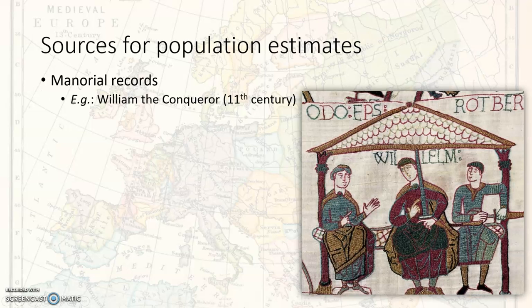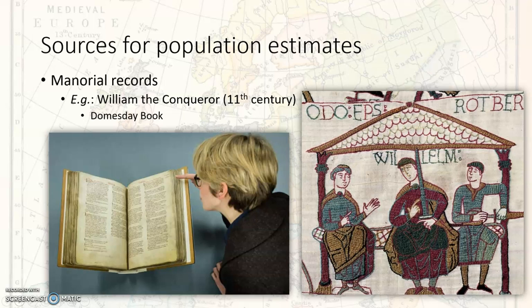The English King William the Conqueror, for example, ordered an inventory of all lands in his kingdom, their owners and their belongings, in order to make sure the crown wouldn't miss any taxes. The result of this was the Domesday Book, published in the year 1086. It contains information about more than 13,000 towns and villages in England and Wales.